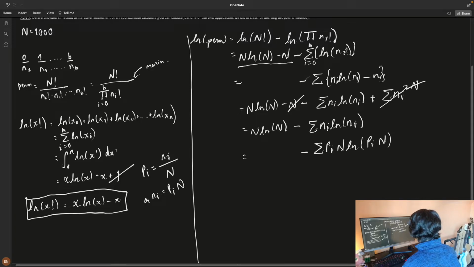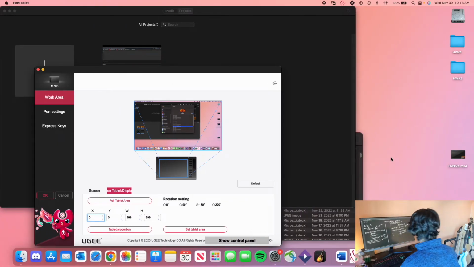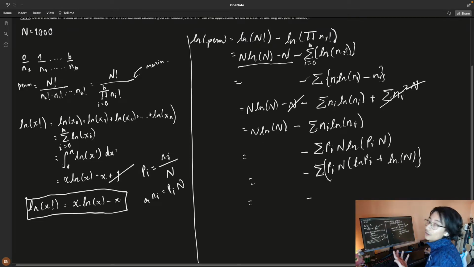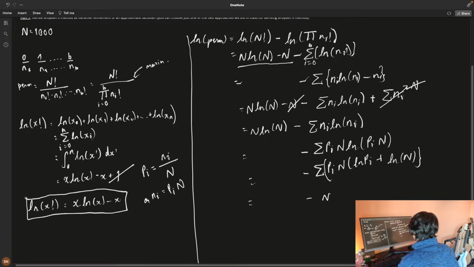So yeah, there's that. What we can do from here is say the summation of pi n, let's put a bracket there, and we can turn this into ln of pi plus the natural log of n. Let's keep going. What we can do from here is take this n out because it's just a constant. So let's say n times the summation of pi times ln of pi, and minus n times summation,